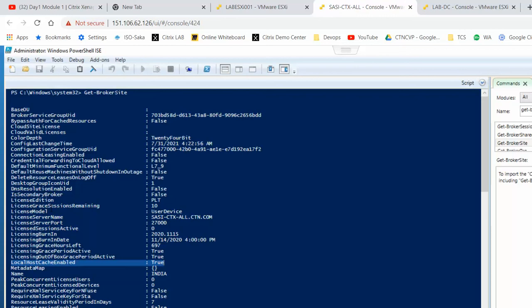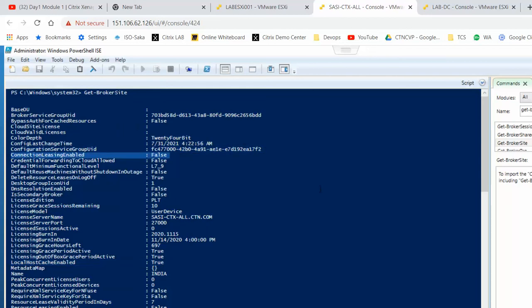Okay, how would it work in case the site database is down? The connections would not get connected. That is very difficult, right? So Citrix introduced a concept called connection leasing.